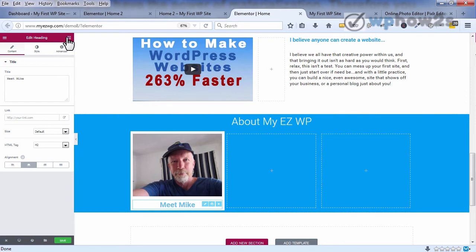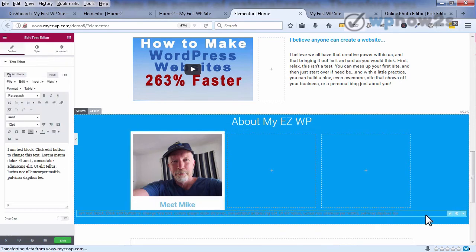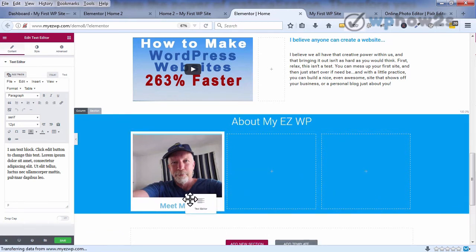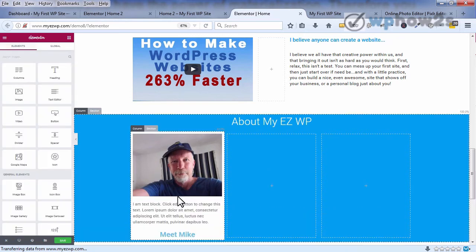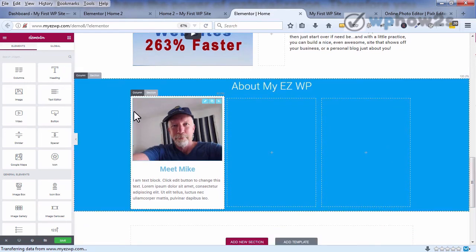Now I'm going to click on the dots and drag over a text editor and try to drop it in there if it'll let me. It's not going to let me, so I'm going to have to let it go. Then I'm going to find the directional lines here so I can drag it. Now it'll probably let me drop it into this column, hopefully. There we go. Now I'm going to actually have to drag this heading up above like this. You have to do a little bit of monkeying around here like I'm just showing you to get everything to just the way you want it,